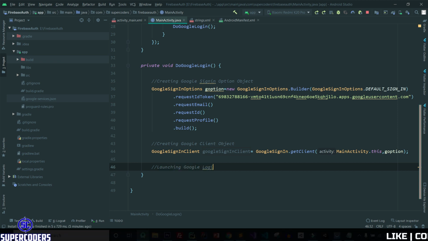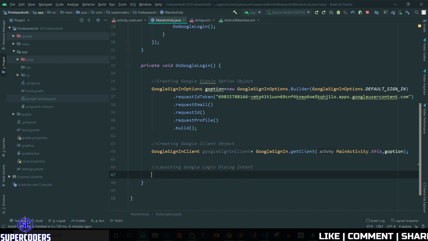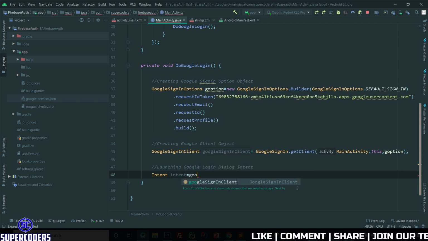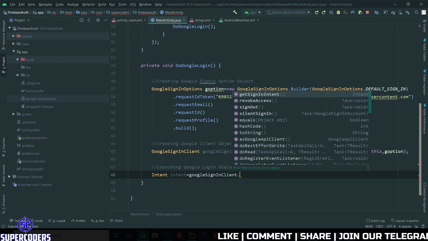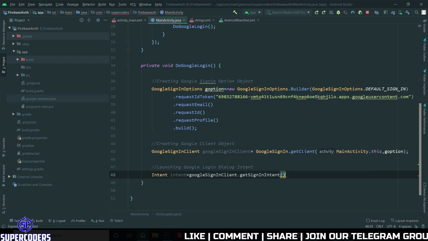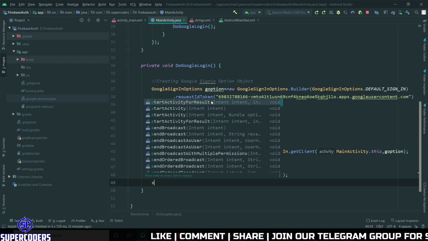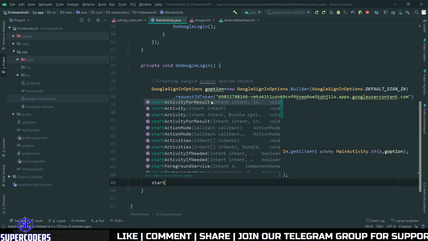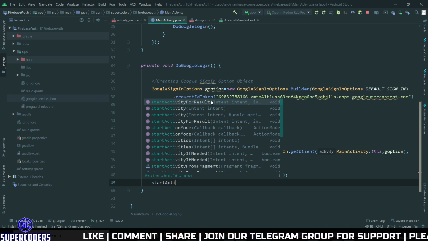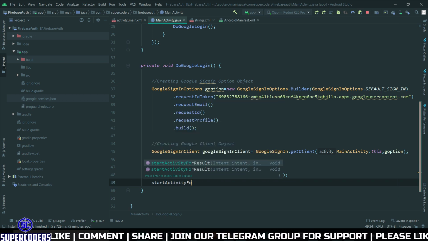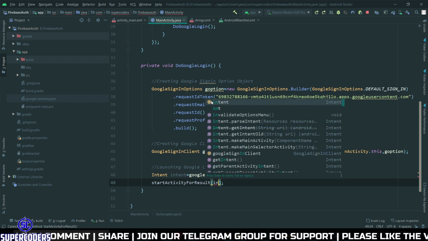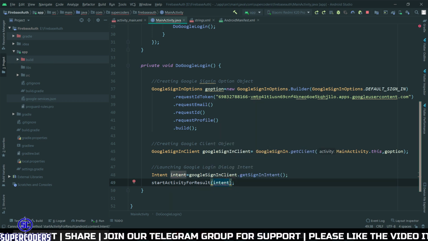After that, we need to create an intent for launching the Google login dialog. So Intent intent equal to googleClient.getSignInIntent, then startActivityForResult and pass the intent. And here we need to pass the request code.